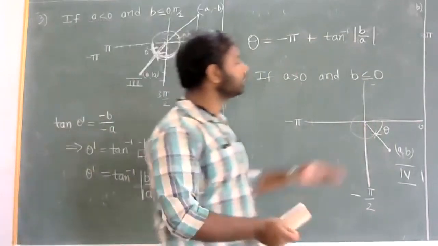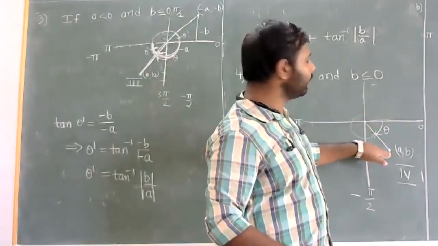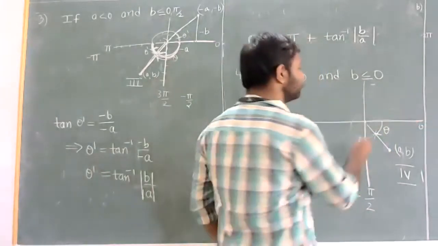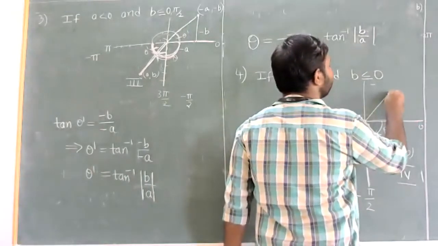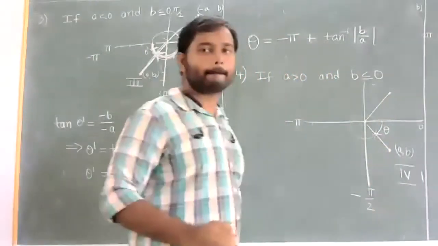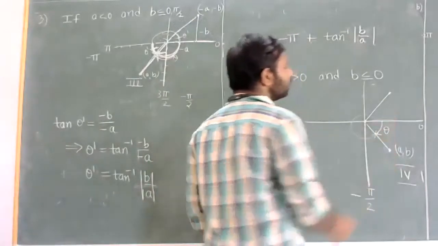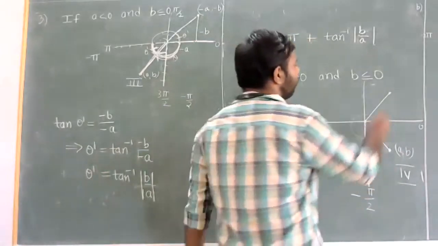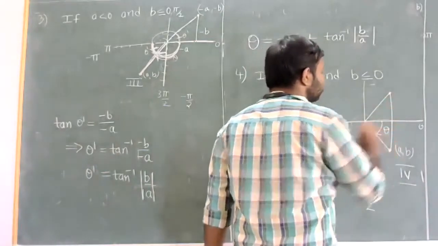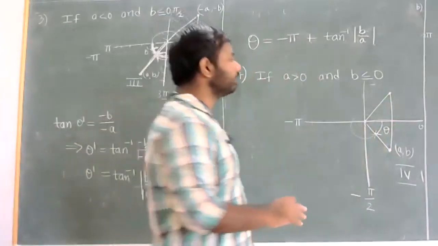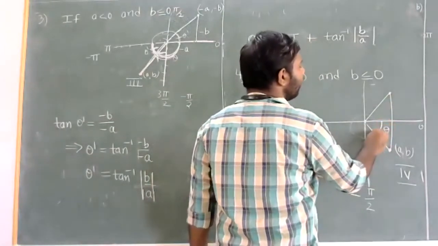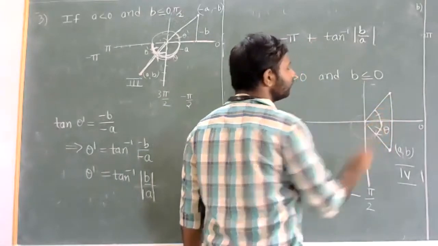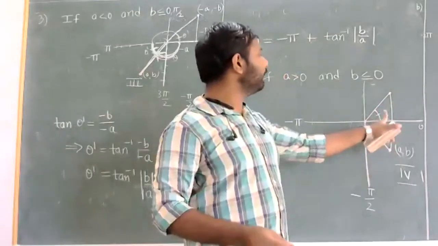So what we'll do is, we'll take the mirror image of this point along the real axis. It will be like this. Or you can draw a right angle also here. You can draw a right angle, or you can take its mirror image, whatever you are convenient with. So this is theta, and as it is a mirror image, this angle will be equal to this angle. These two angles will be same. So theta will be this angle.